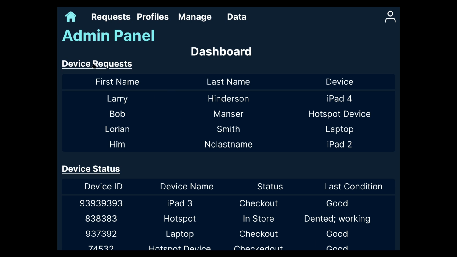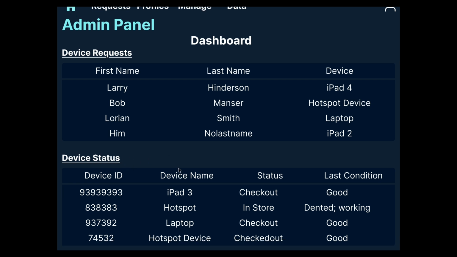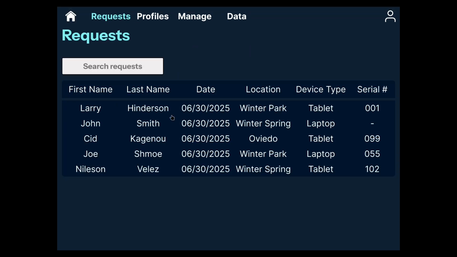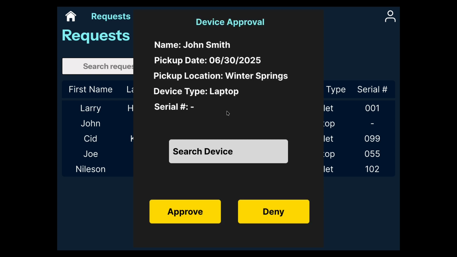Within the dashboard, you have a quick summarized view of the requests and the status of device and requests. So that way you are able to just quickly get some information as soon as you get on shift. We can navigate to the requests through the navigation bar at the top or by clicking the device requests link. Either or, at any point inside of the device requests page, if you mean to reject or deny a request,